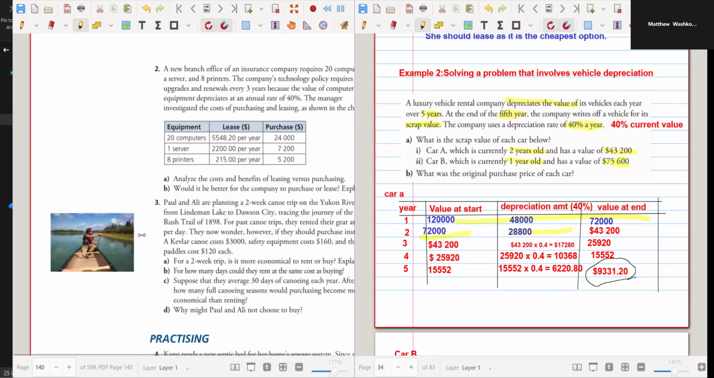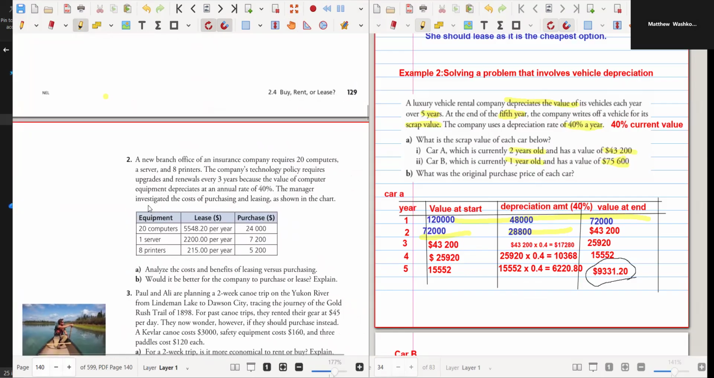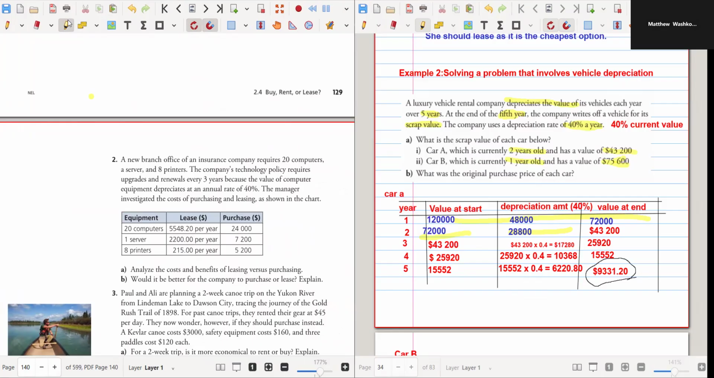Okay, hello. So you had asked about question two on page 130 for section 2.4. So in this question here, this is an office that requires 20 computers. It needs a server and it needs 8 printers. So the policy requires upgrades and renewals every 3 years, because the value of the computer equipment depreciates at a rate of 40%. So every 3 years, if they buy a computer, they then have to either buy new computers